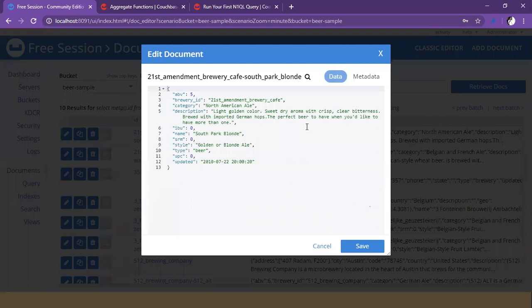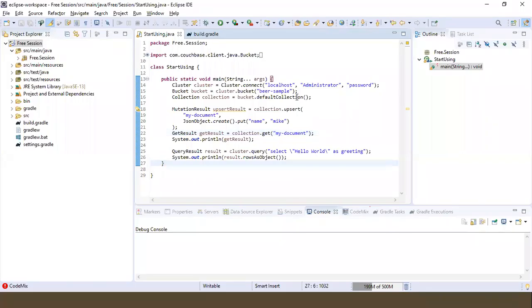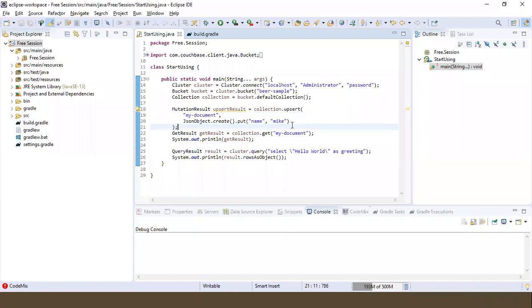So what I suggest is, have one example here. For example, let us say you are saving one document here, my document with name and some junk data. If you try to insert the same document, it will be overridden, right? So what you can do, for example, if you have three databases, let us say first you have user, then a colon, with some randomly generated ID. This is for the user database.